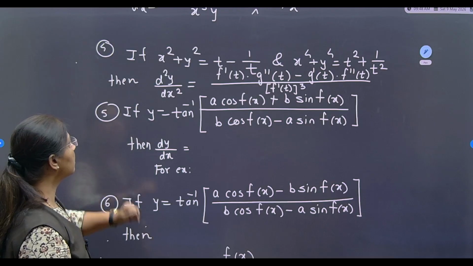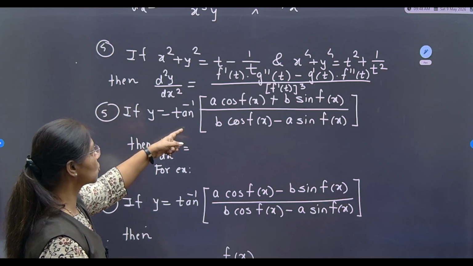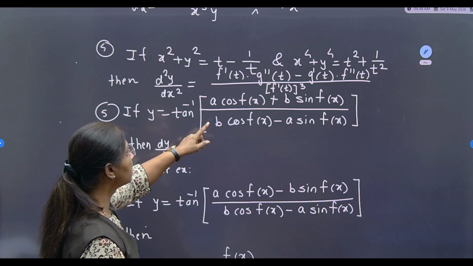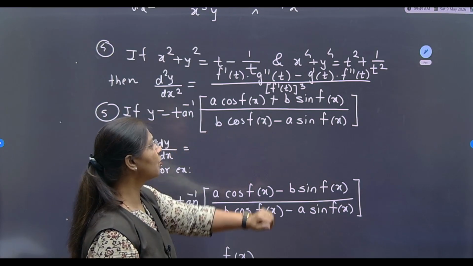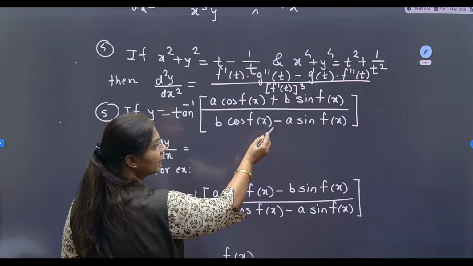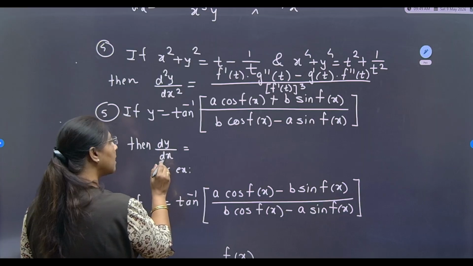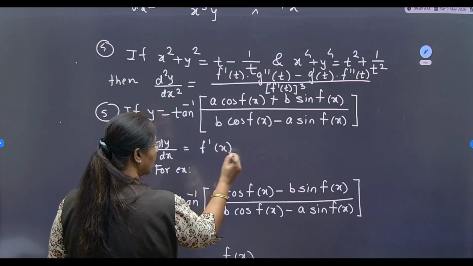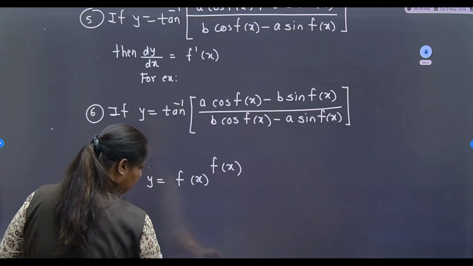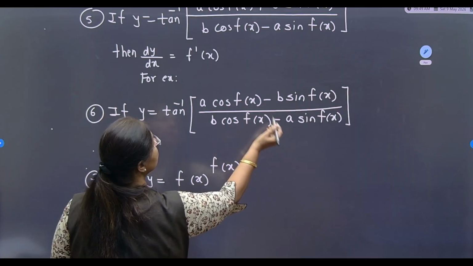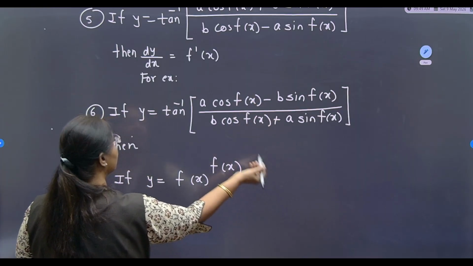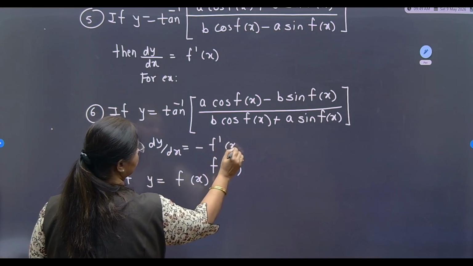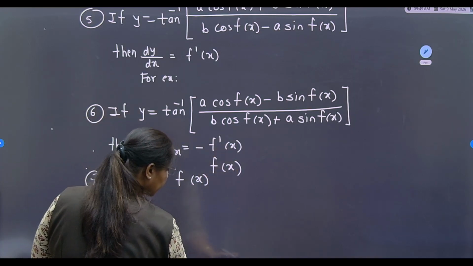Then next, number 5: if y = tan⁻¹[(a cos f(x) + b sin f(x)) / (b cos f(x) - a sin f(x))], with plus in the numerator and minus in the denominator, then dy/dx = plus f'(x). And if in the numerator it is minus, terms the same, and in the denominator plus, then dy/dx = -f'(x). For example,